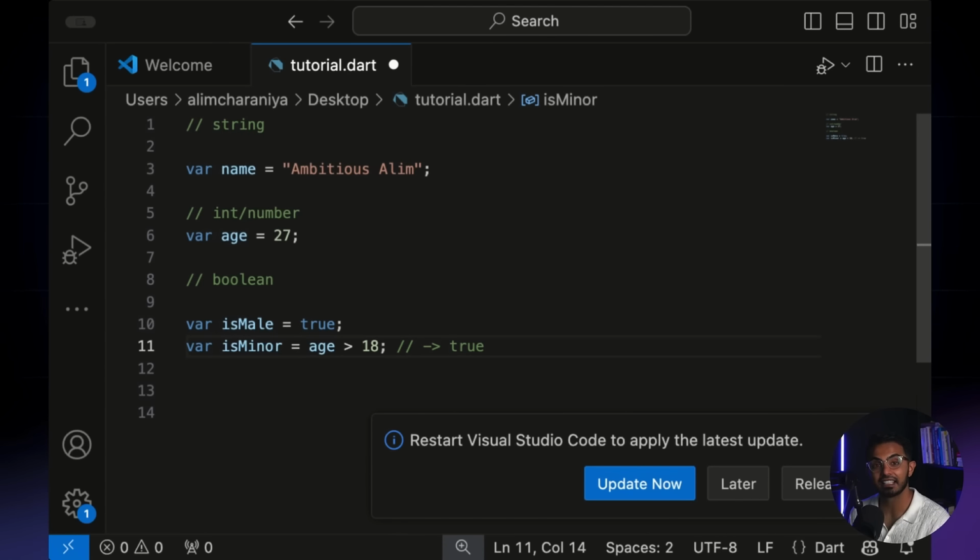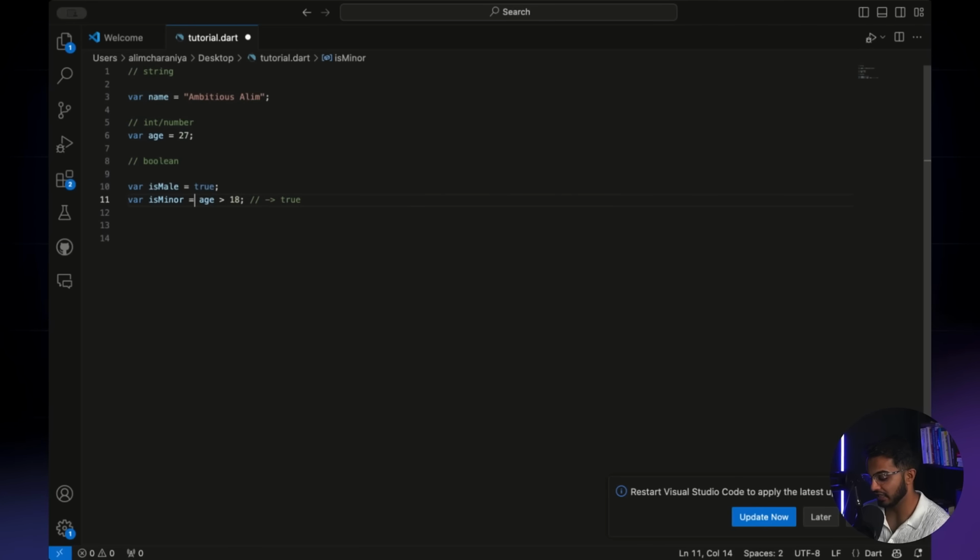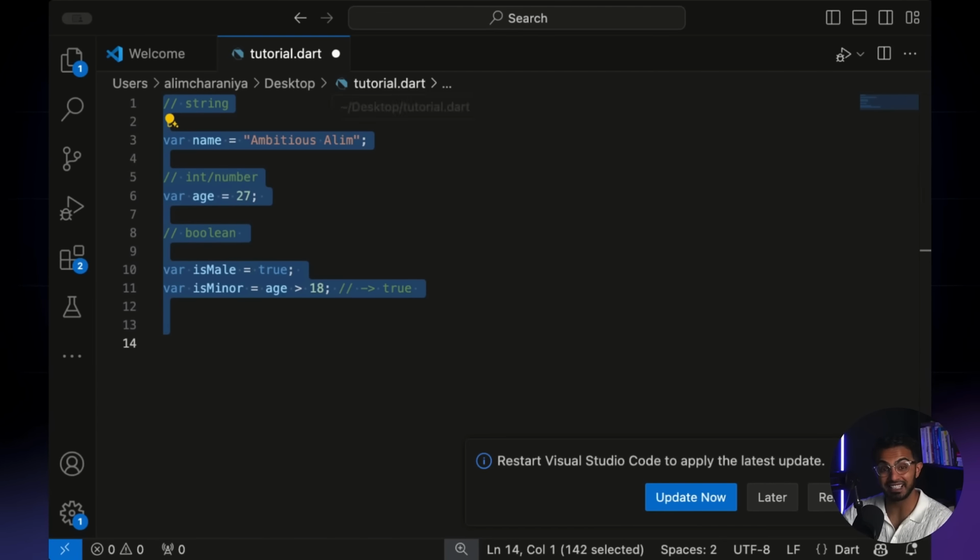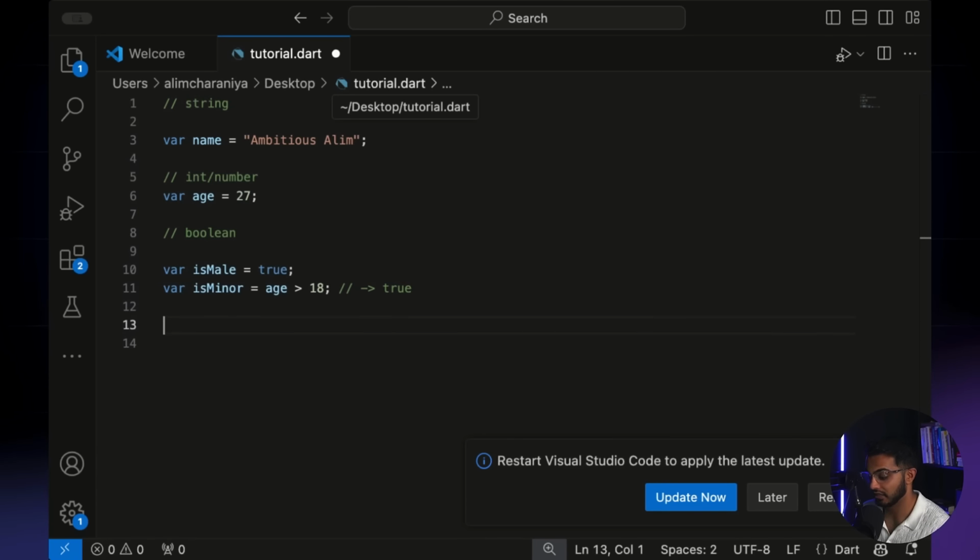You can say, hey, is this person a minor who's logged in? If true, then don't show them the movie. If false, then show them the movie, right? So now you can kind of see how coding is being applied to real applications. And that's something that I wish I knew earlier in my coding career. I learned the basics of coding, but how does it apply to an application? That's what I didn't really understand.